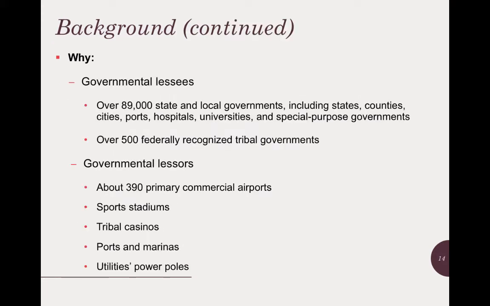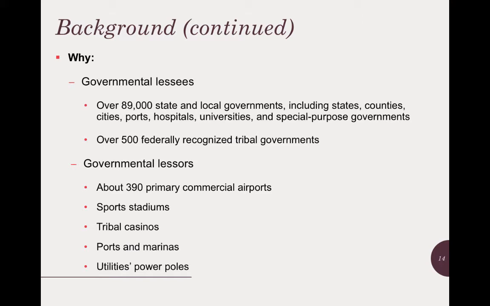As you can see from this information here, that number is actually low, that 89,000. What's in the census of governments is over 90,000, and that doesn't count a lot of component units that are rolled up into the governments that are reported in the census of government. So it's really more like 93, 94,000 state and local governments. Many, many, many of them have capital leases, or at least long-term leases for capital assets. Whether they're reported as capital leases or not,